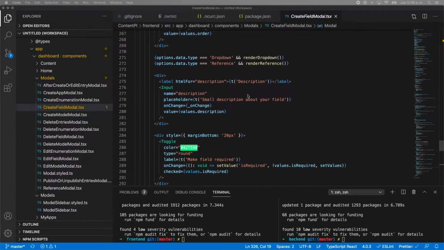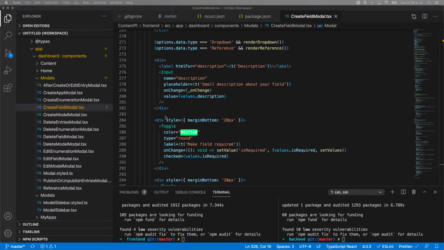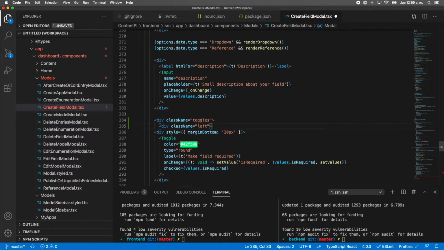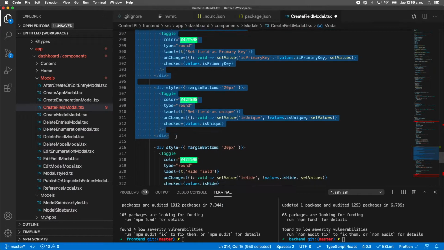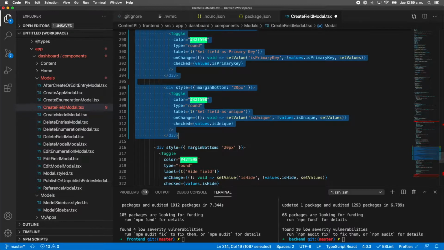So you need to go to line 283 when we start the toggles here, and basically you need to add these two divs, the toggles and the left, and the first three elements you need to indent them like 2 spaces more, and then basically